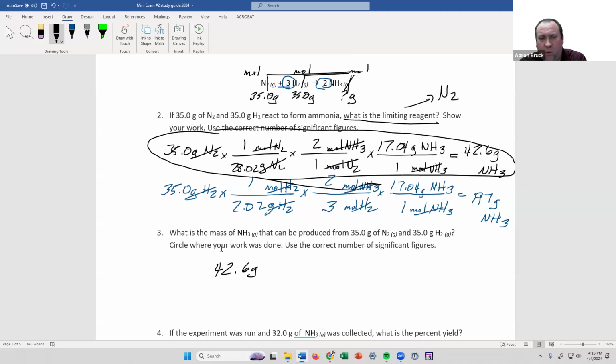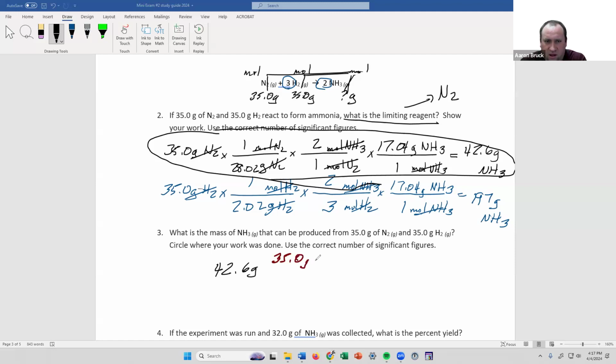A secondary way to do this problem would have been, instead of using the nitrogen to convert into ammonia, we could have taken the nitrogen and converted it into hydrogen. That process would have looked something like this: